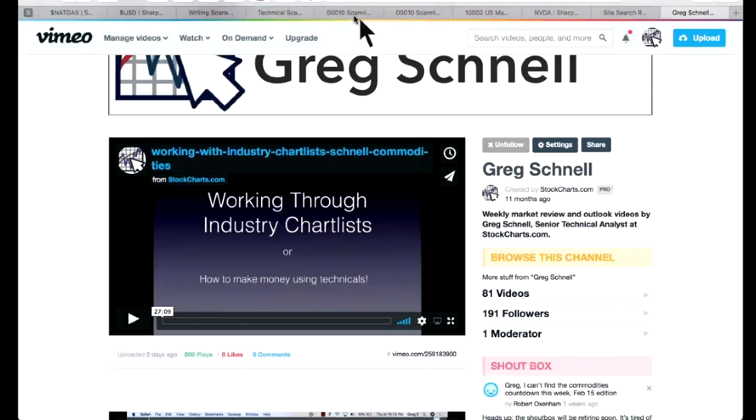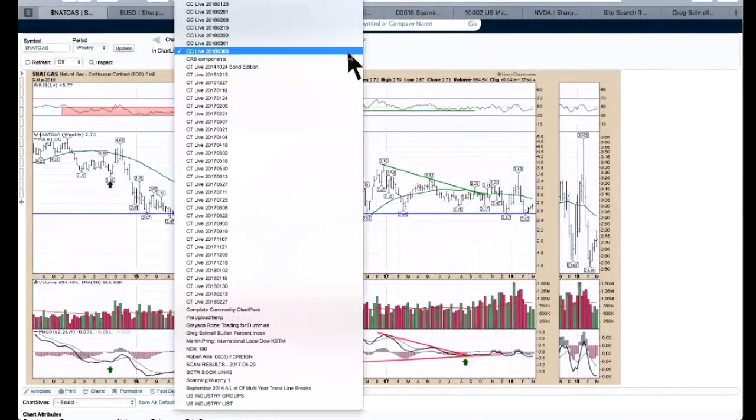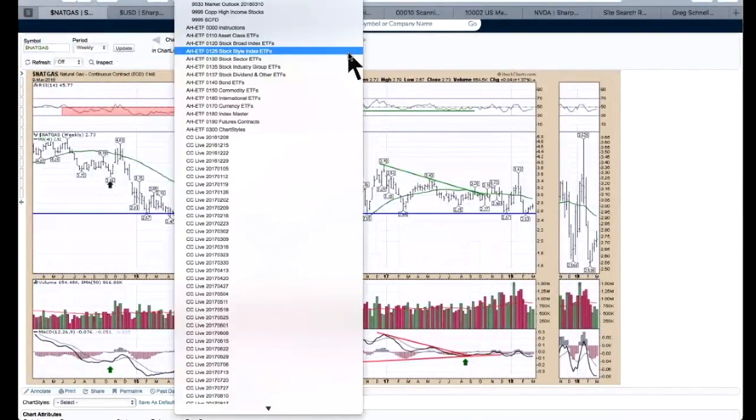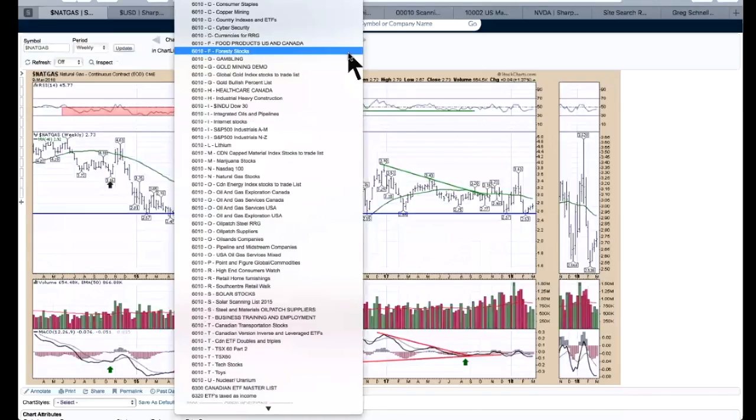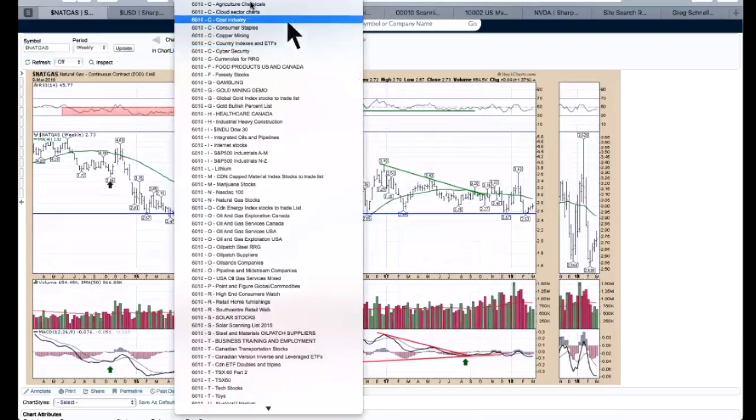But the point, I think what's really important as an investor in general is when you're trying to work in the market, you need to have your chart lists all set up, and it's really a work that gets built out over time. So in this case, here's all my bond, currencies, US banks, agriculture, cloud sector charts, coal industry,